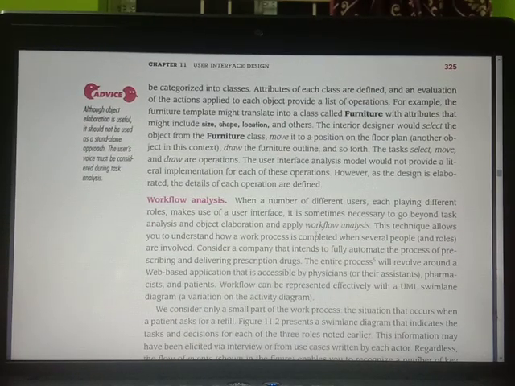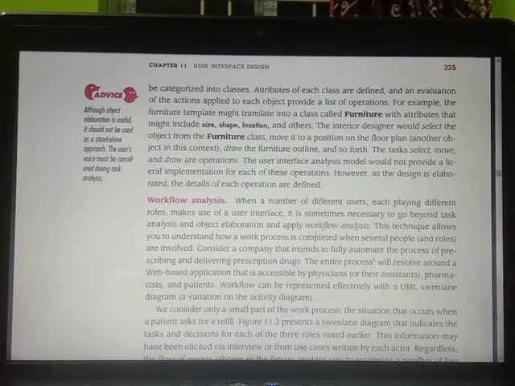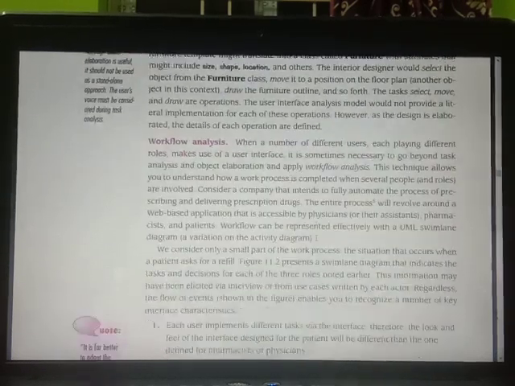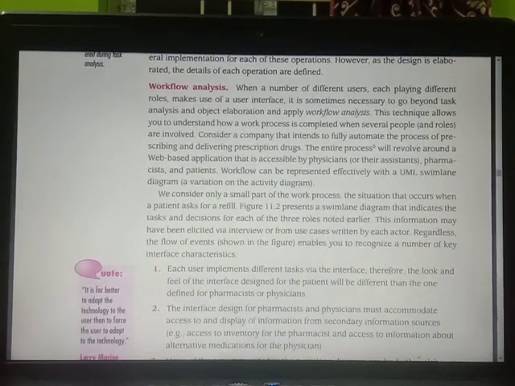For example, if we take the furniture template, we might translate this into a class called furniture with attributes size, shape and location. The interior designer would select objects from the furniture class and move them. So these are the different tasks that are going to be performed. So the next one is work analysis.